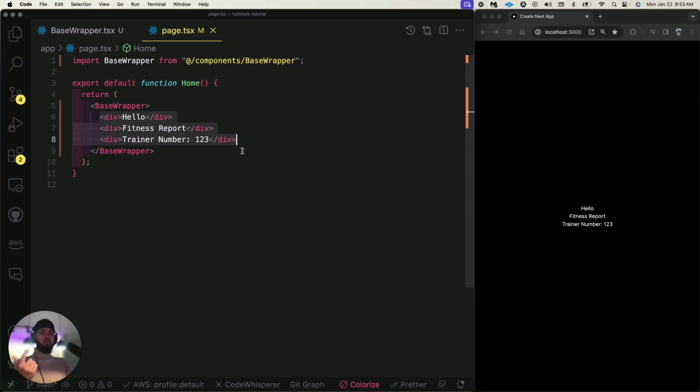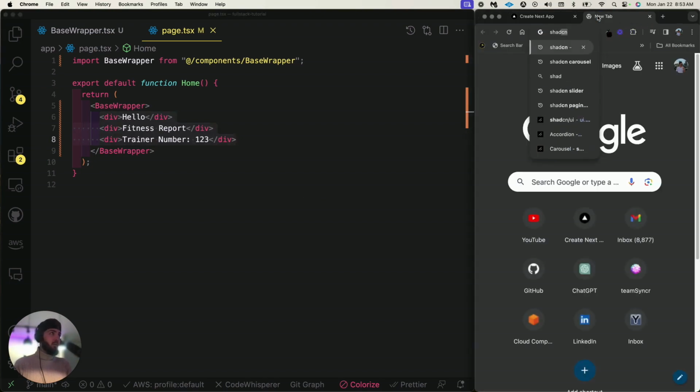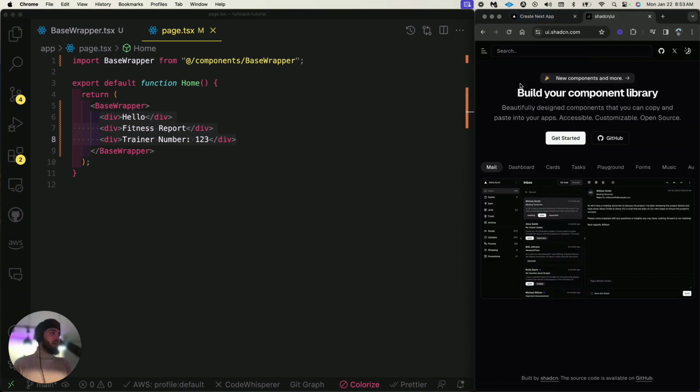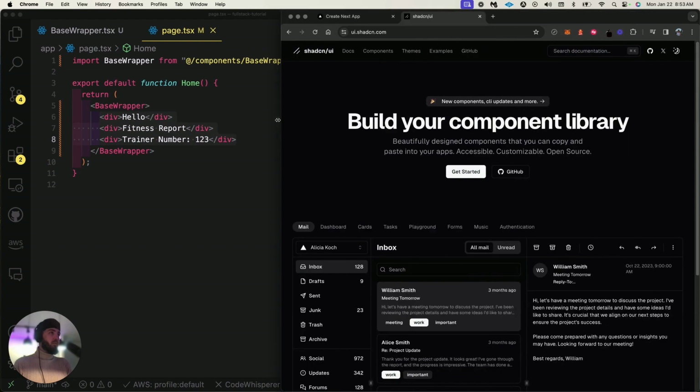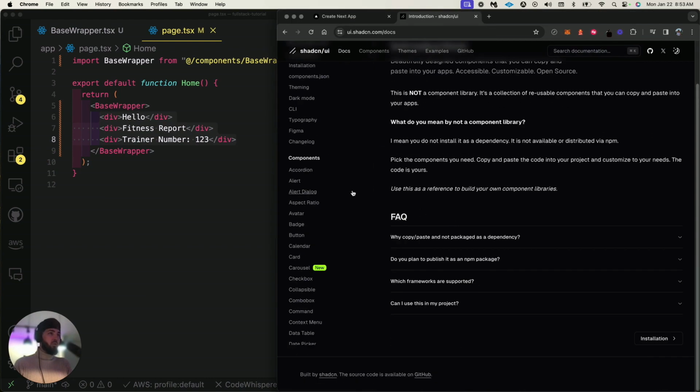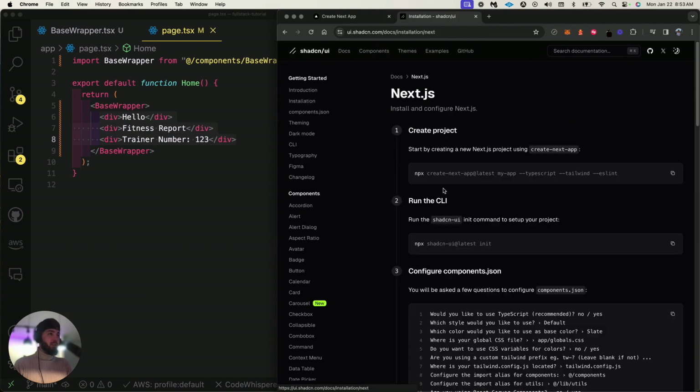But we do need to start thinking about input fields and validation fields, and then also our table. So what I'm going to use for the table is going to be a component library called shadcn. So I'll just go to Google shadcn. And if I can expand the page a little bit and go to the docs, we want to go to installation right here and click Next.js. And I want to skip the first step because we've already created our Next.js project. So we'll skip to the second step, which is npx shadcn